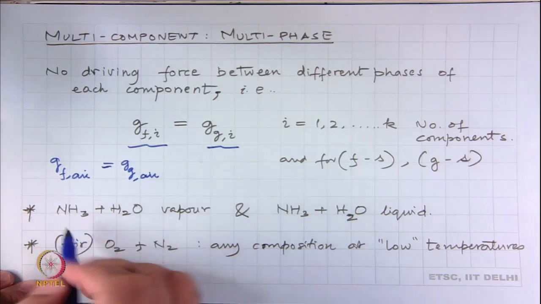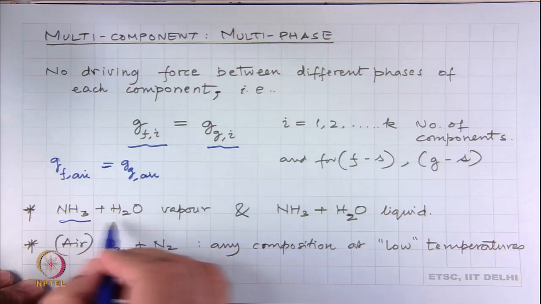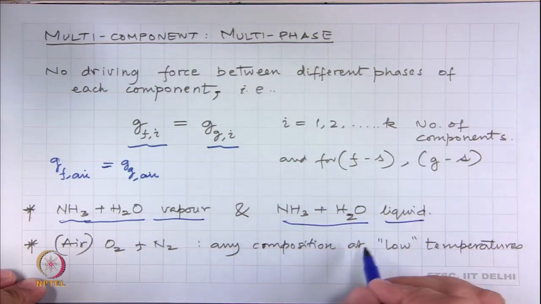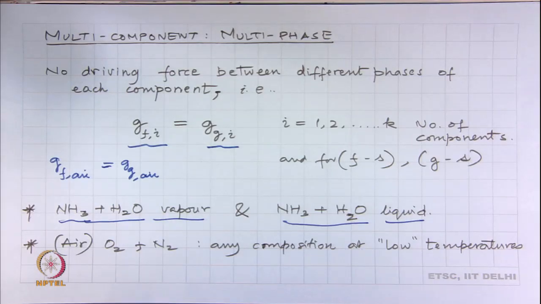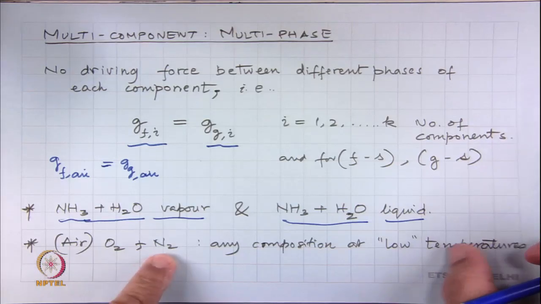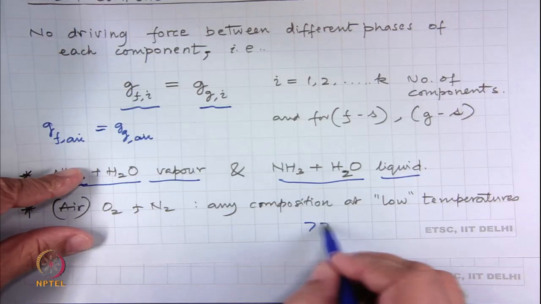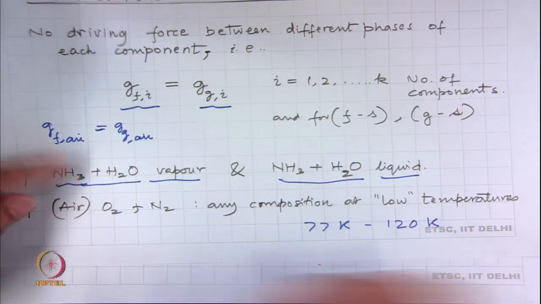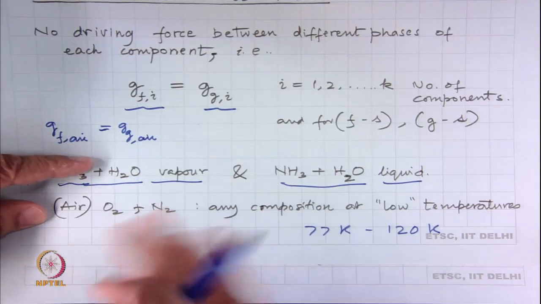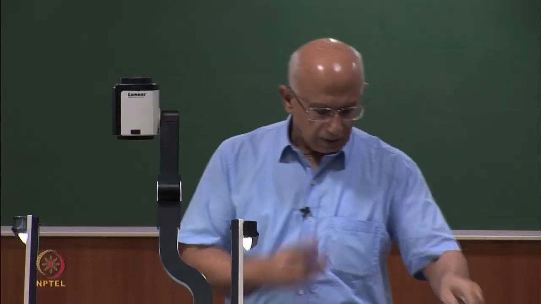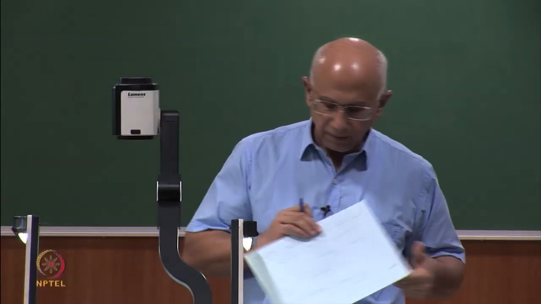So, this is what we would do when we are looking at an ammonia water mixture in the vapor phase and an ammonia water mixture in the liquid phase, or at a mixture of oxygen and nitrogen, air, at very low temperatures of the order of 77 K to maybe 120 K, where some of this oxygen and nitrogen may start becoming a liquid. So, this is one assumption we start with,